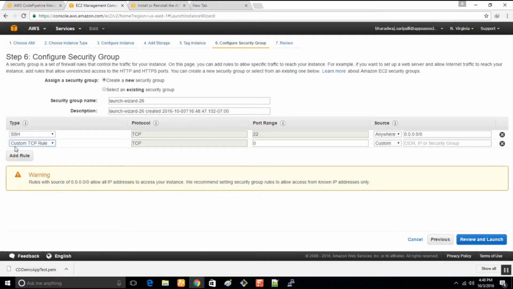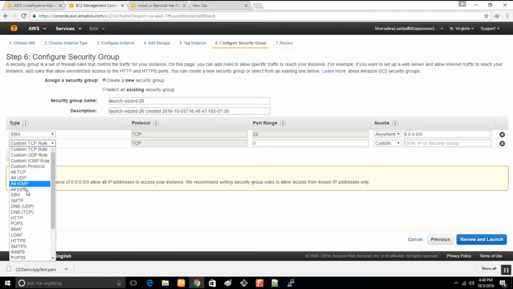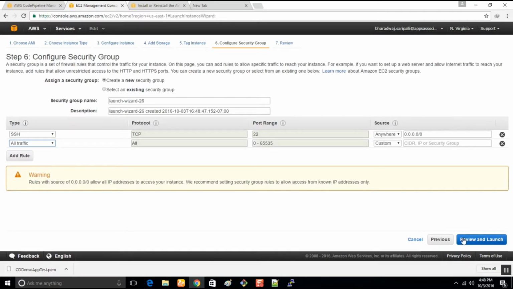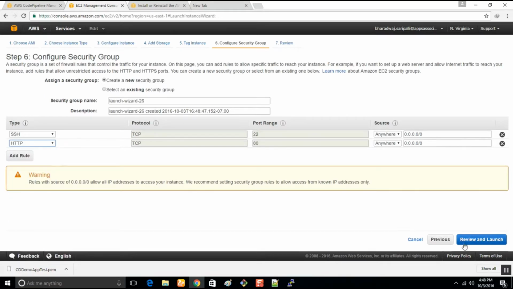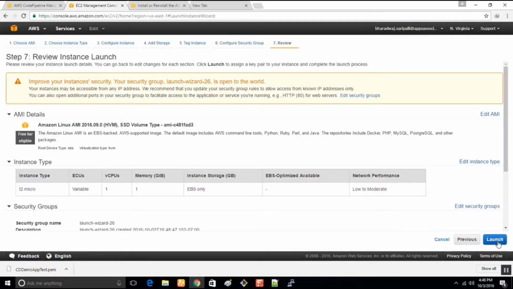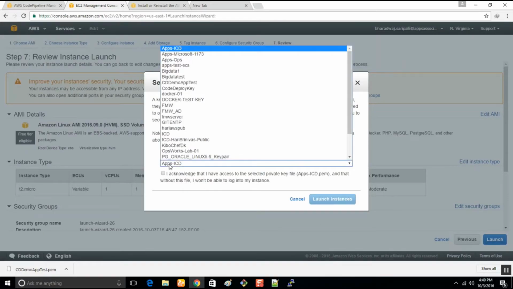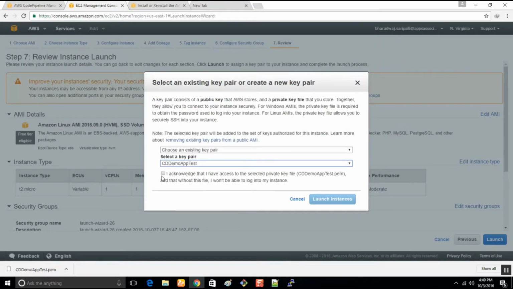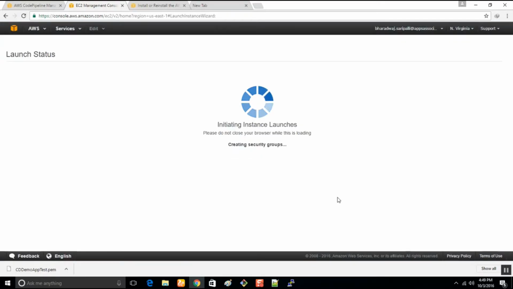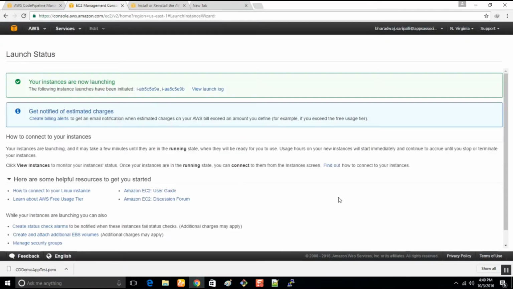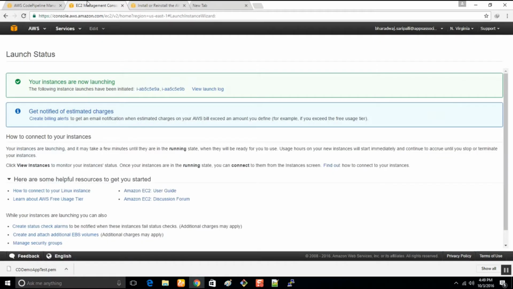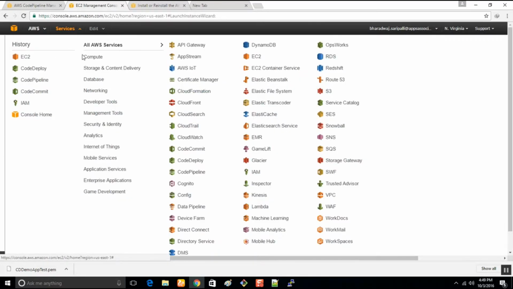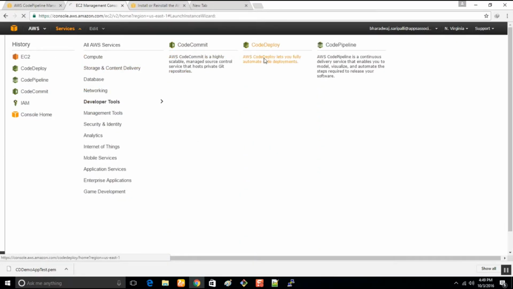Configure, add a security rule to allow all traffic on port 80, allow HTTP traffic on port 80. Review and launch. We can use the existing cd demo app launch instances, and the same way go to services, code deploy,